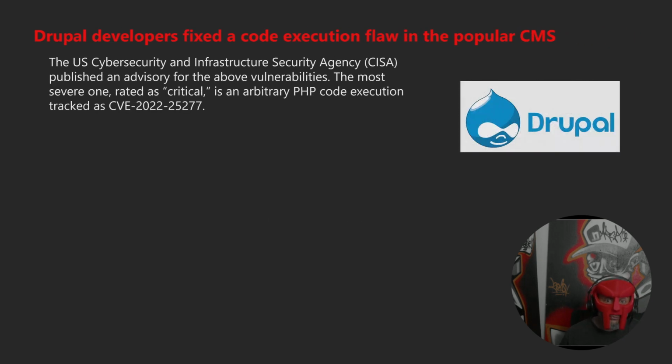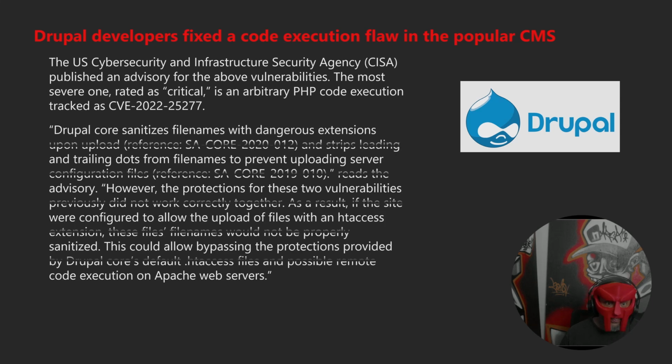The U.S. Cybersecurity and Infrastructure Security Agency published an advisory for the above vulnerabilities. The most severe one, rated as critical, is an arbitrary PHP code execution tracked as CVE-2022-25277. Now that is in Drupal, so they need to fix the code. Drupal core sanitizes file names with dangerous extensions upon upload, reference SA-core-2020-012,